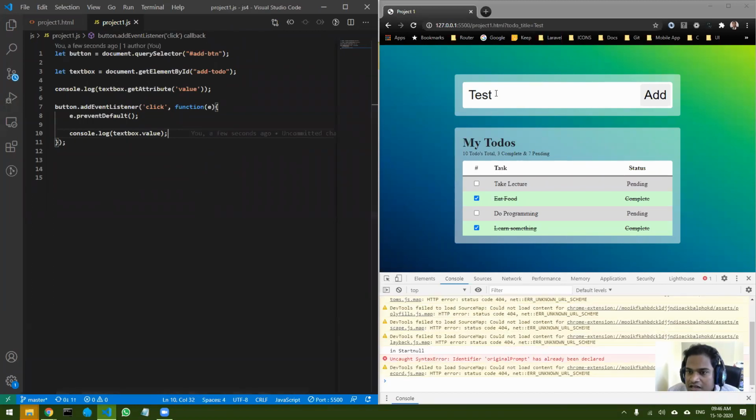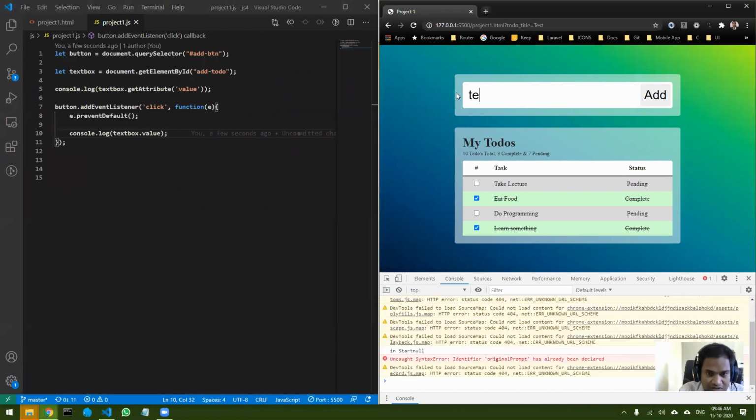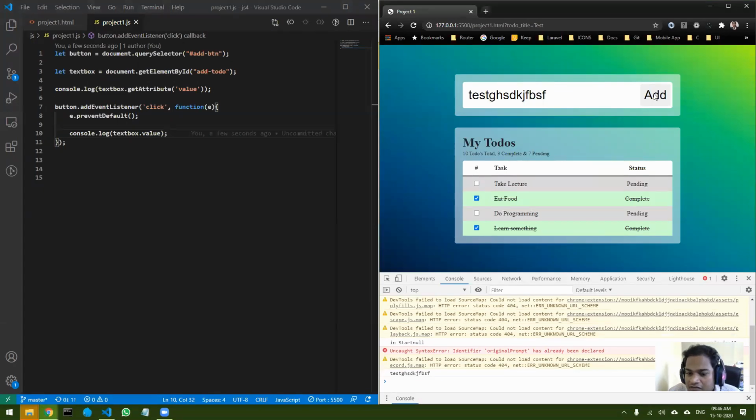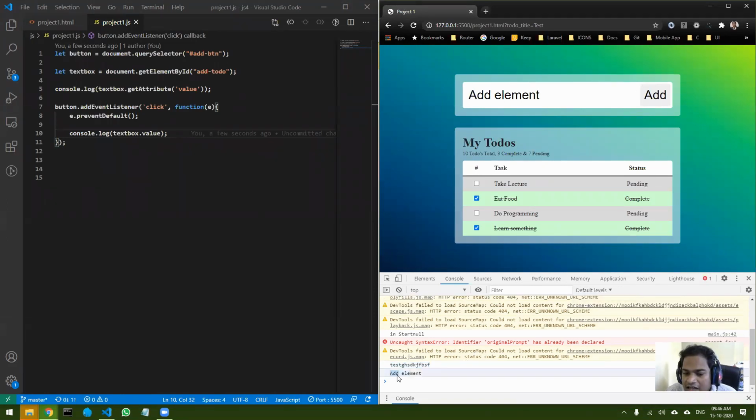You can see when I test something out and click, that is the value that I get over here. I can now add anything, let's say add element, and click add, and I get add element. Whatever I type over here, I will get as the output.